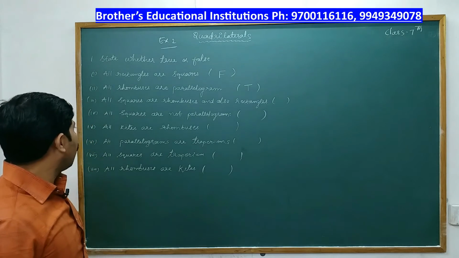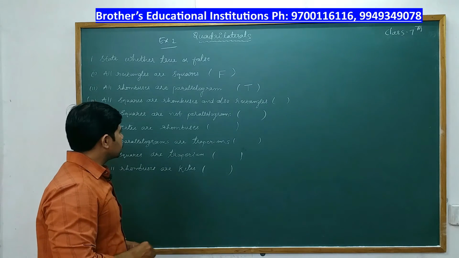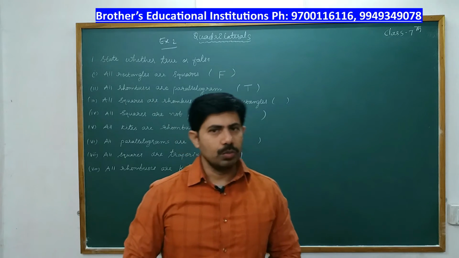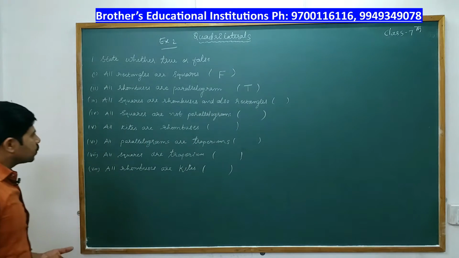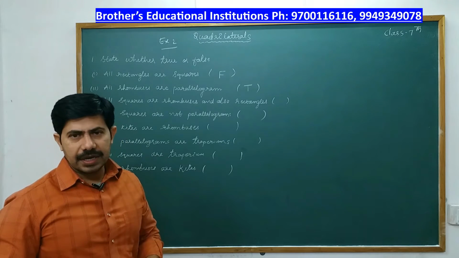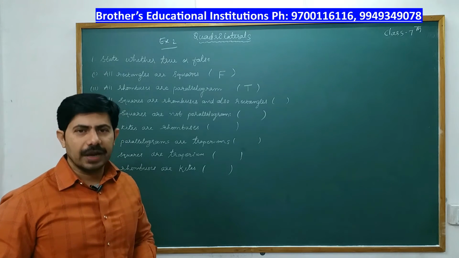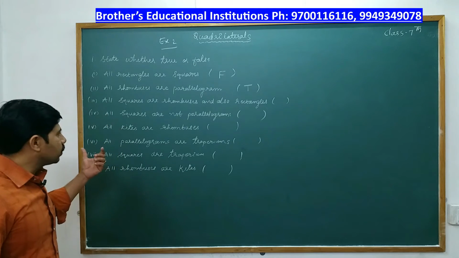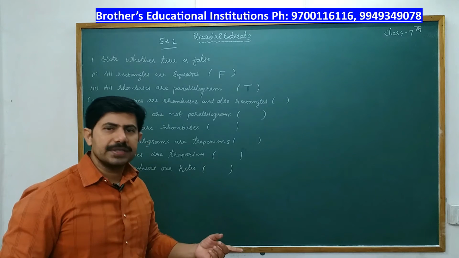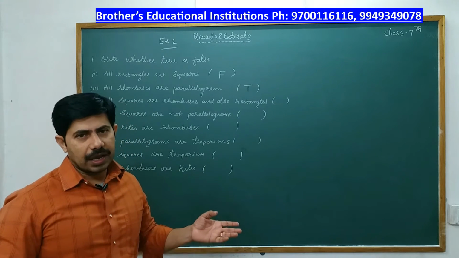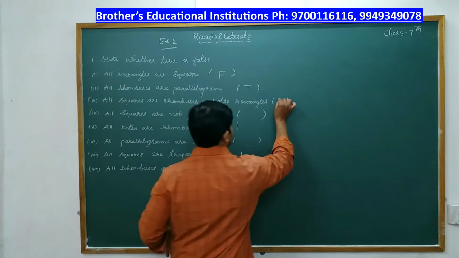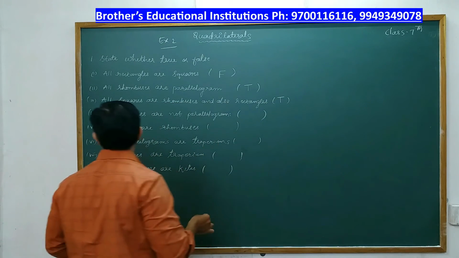Then we have, all squares are rhombuses and also rectangles. Okay, so this is true because, all squares are rhombuses, just check the property of a square. In a square all sides are equal and diagonals bisect each other at right angles. So a rhombus also satisfies this, right? And in a rectangle diagonals bisect each other. The angle between adjacent sides is 90 degrees. So we say the statement is true, right?